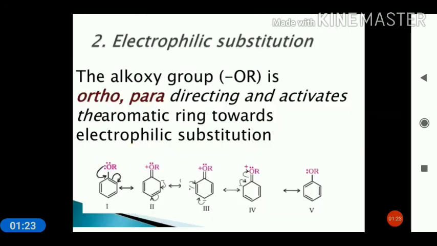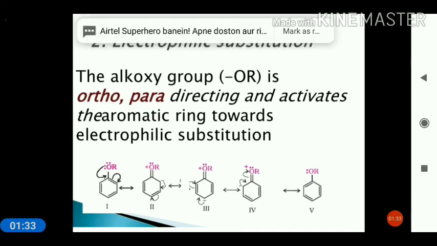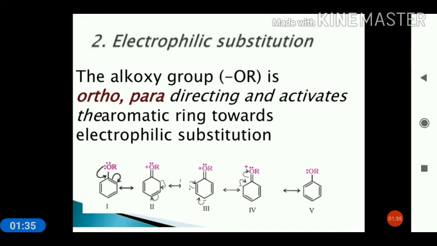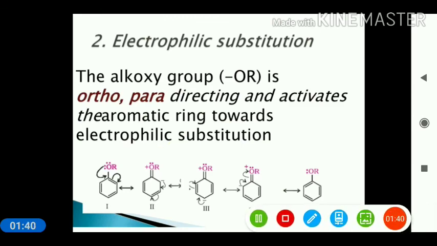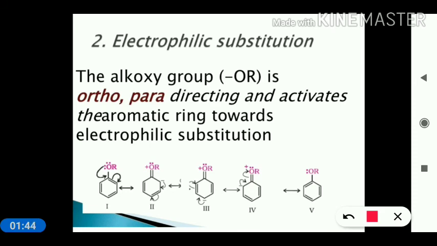These are very important. Now, electrophilic substitution reaction. From the first chapter we know that electrophilic substitution reactions are more possible in the case of the alkoxy group. So when ethers are there, this group induces negative charge over the ortho and para positions. So the attack will be at ortho and para.